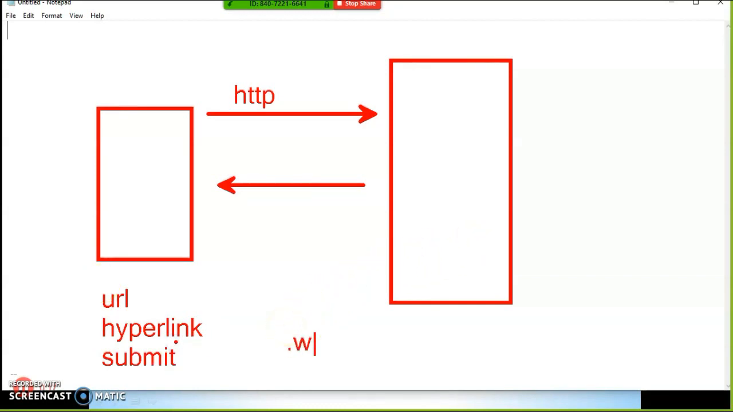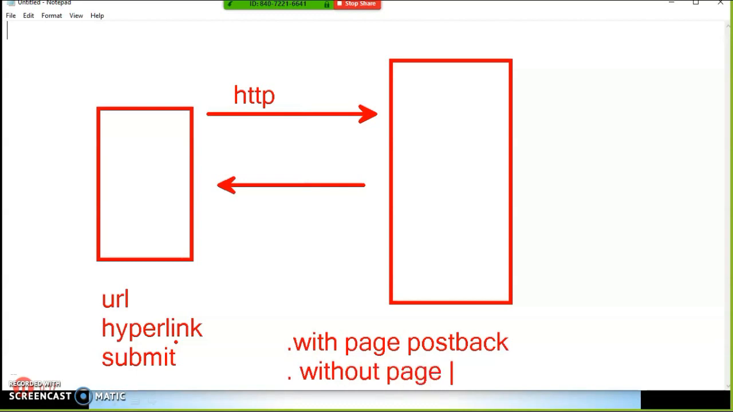We can submit the request to the server in two ways: with page postback, and without page postback. If you want to submit the request to the server without page postback, you have to take the support of